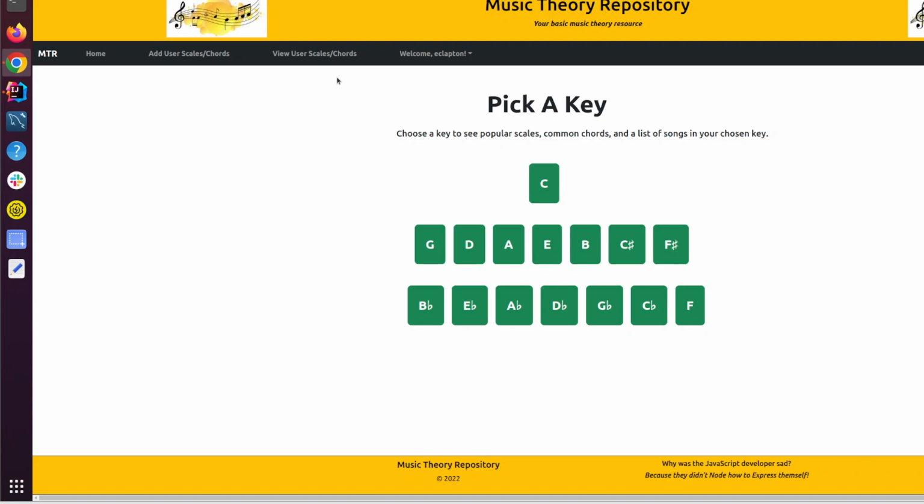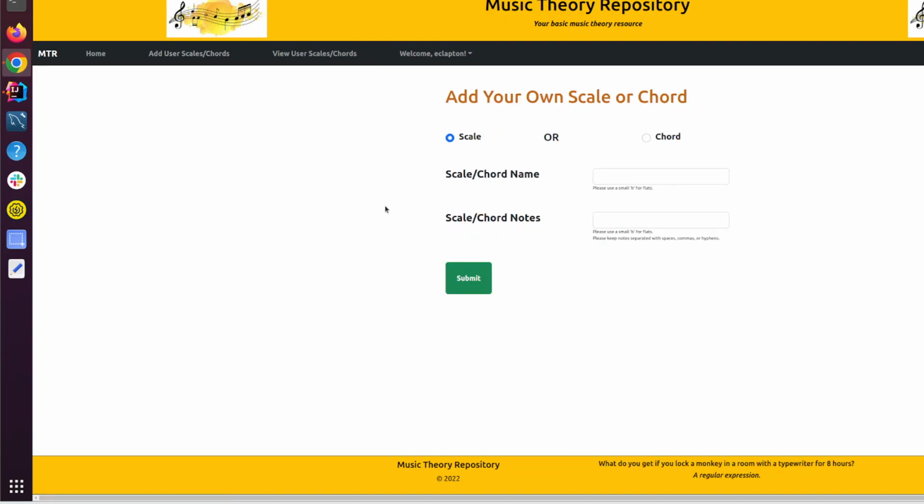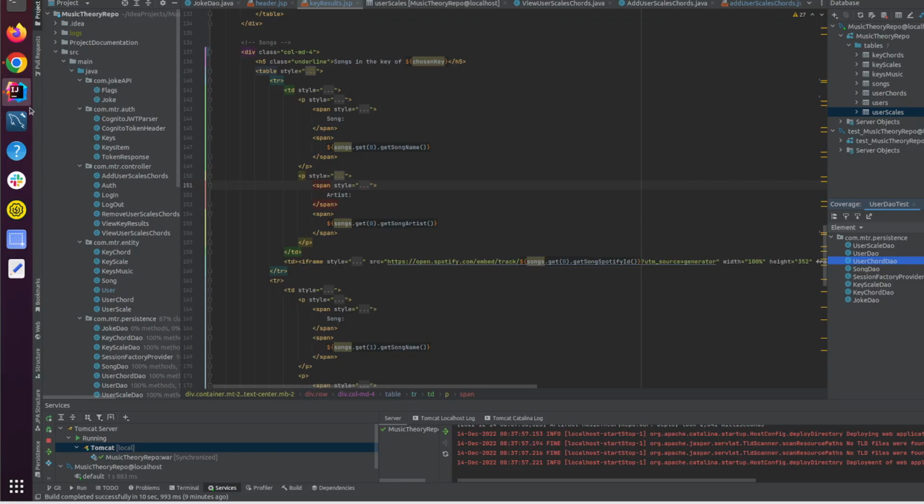So I'm going to see if Eric Clapton has any scales or chords that he has entered before into the database, and he has a chance to delete them. But before we do that, Eric wants to add another scale in. Let's say he likes Asian scales, so he's going to enter in this C Asian scale. So I believe it's probably this one here,